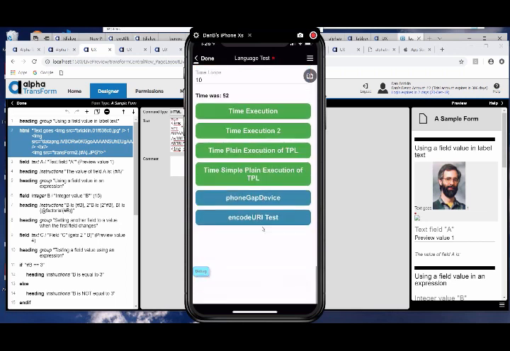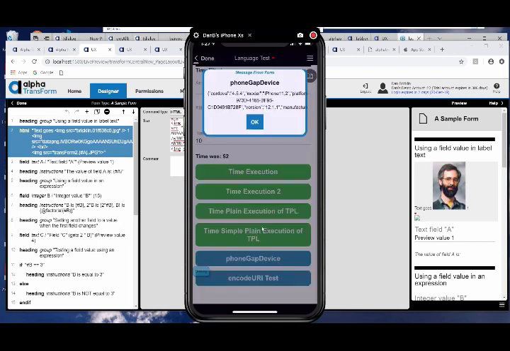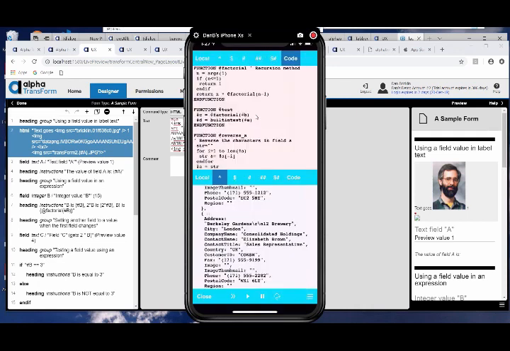There is PhoneGap device, which is now available. PhoneGap device is a function that returns what version of PhoneGap you're using. It's the PhoneGap device value from that plugin, and it'll let you know what platform you're on, etc. So, for example, you'll know that. If I go here, let's see if I can do this. If I run function, let's do function of